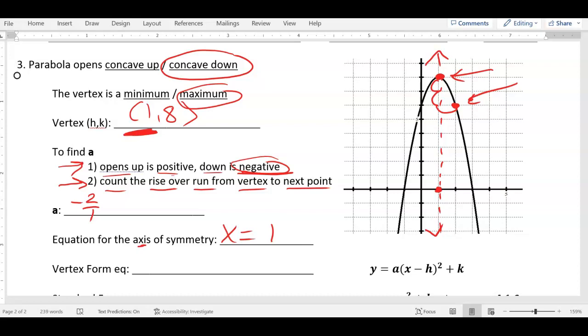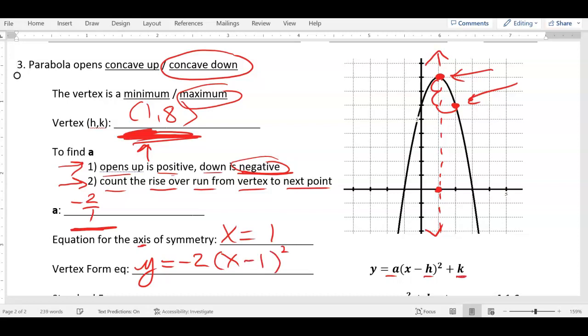Now, vertex form. So, do you see this off to the side over here? Remember, I need A, H, and K. I have A right here, and I have H and K up here. So let's write it. Y equals, what do I put for A? Right here. Negative 2 over 1. That, negative 2 over 1 is the same as negative 2, right? You don't need to put the over 1. Parentheses. Now, remember, right here, insiders lie. So what's the opposite of this H value right here? Instead of a positive 1, it's a minus 1